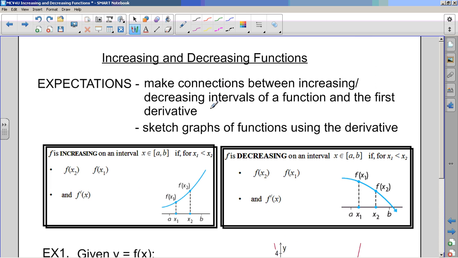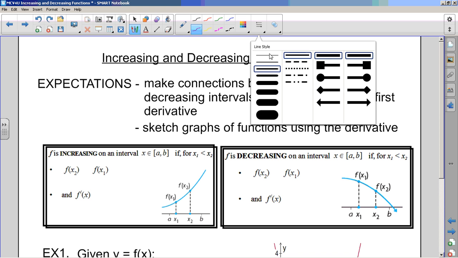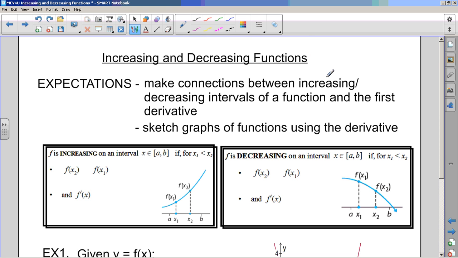Increasing and decreasing functions. So our expectations today are to make connections between increasing, decreasing intervals of a function and the first derivative. Well, I kind of spoiled that, didn't I? Well, I'm hoping that you knew this already, or at least if pressed for an answer, you would have guessed this. So here we go. F is increasing on an interval if for x1 is less than